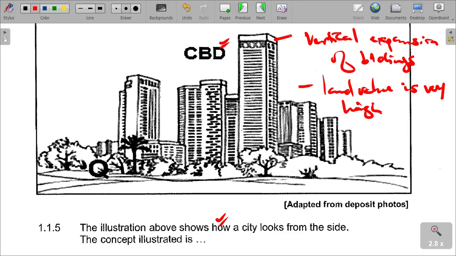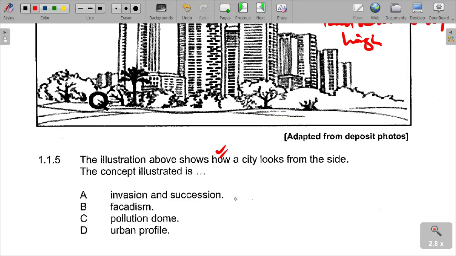When we look at a city from the side, what does this concept illustrate? What does that illustrate? Now what we are saying is that the concept illustrates inversion and succession. Inversion and succession cannot be there. We say that inversion and succession is also